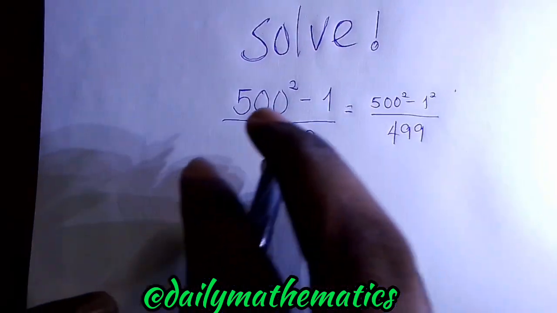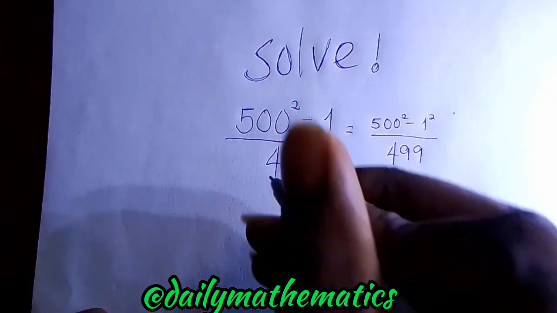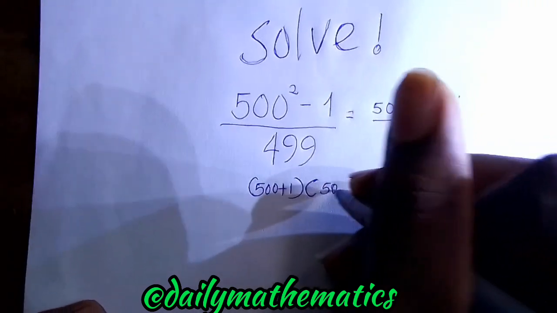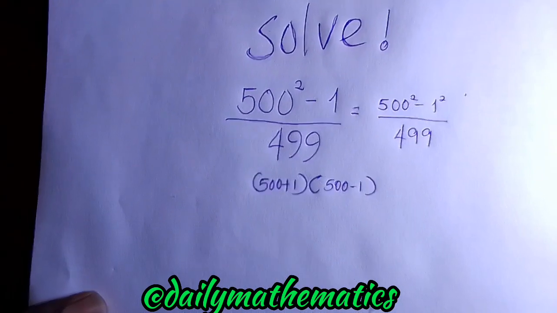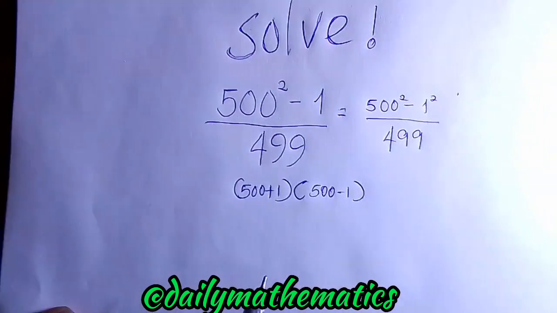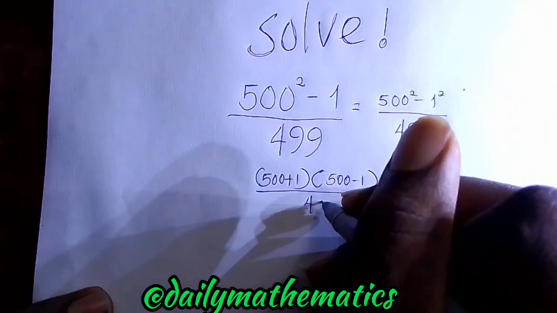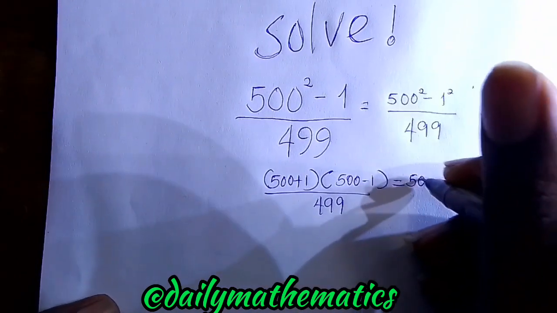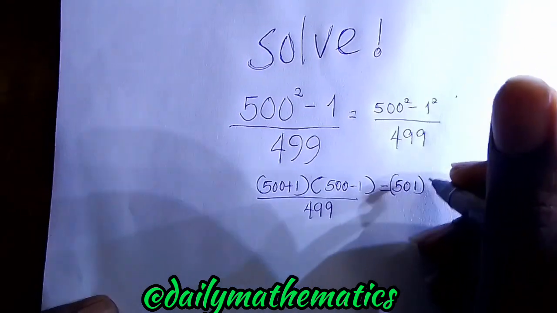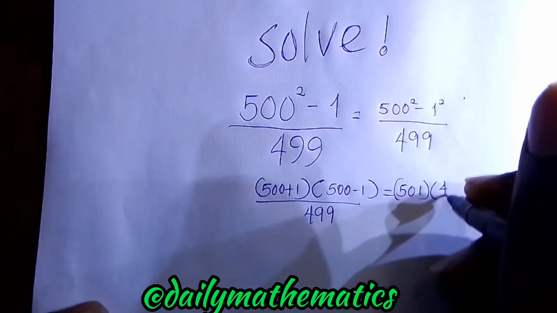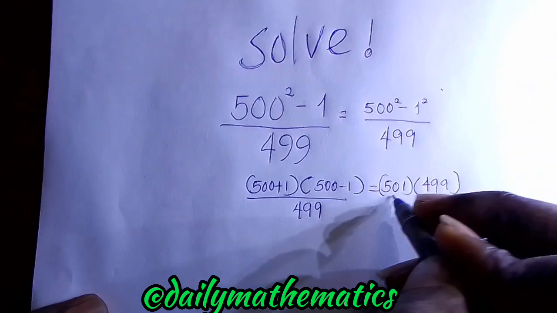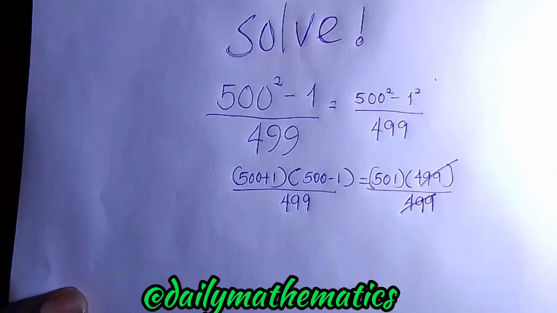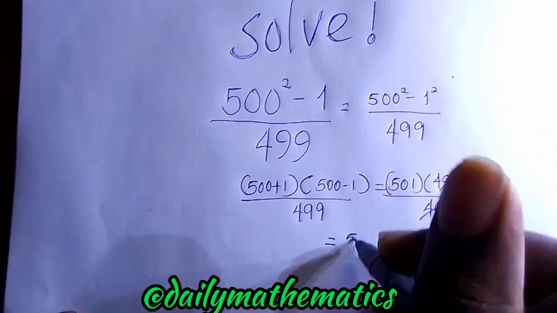So we say the difference of two squares means 500 plus 1 and 500 minus 1. That's the difference of two squares. So this is what it means, over 499. So 500 plus 1 is 501 and 500 minus 1 is 499. So from here, over 499, 499 cancels 499. Our answer is equal to